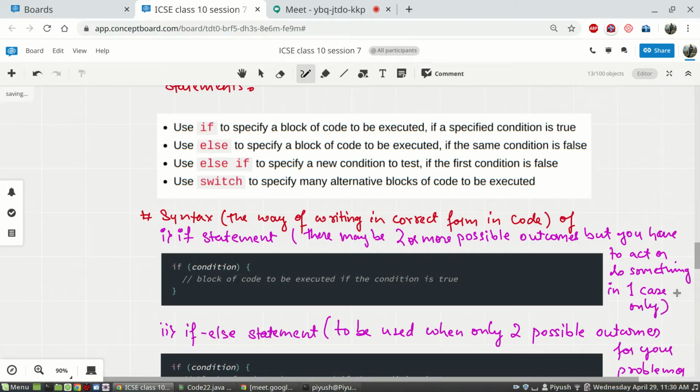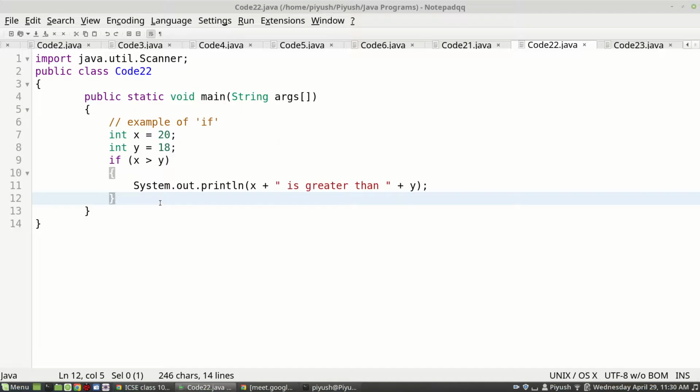Okay, so only in such cases. See the example that we saw. There are two possible outcomes here. Either x will be greater than y, so this if will result in true, or this will result in false. But we are not concerned with the case when the outcome will be false.